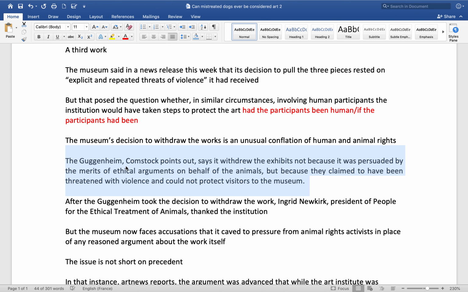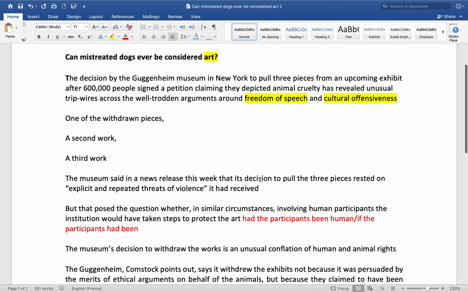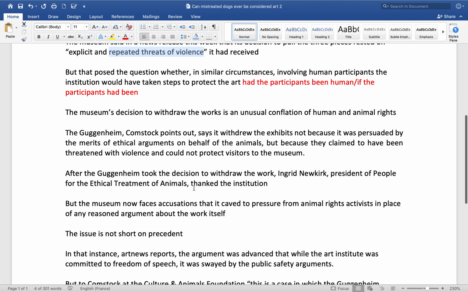So the Guggenheim says it withdrew the exhibits not because it was persuaded by the merits of ethical arguments on behalf of the animals, but because they claimed to have been threatened with violence and could not protect visitors to the museum. So this is reminiscent of what we read here. So the reason for pulling those works of art out was not so much the ethical debate, but it was more protecting visitors